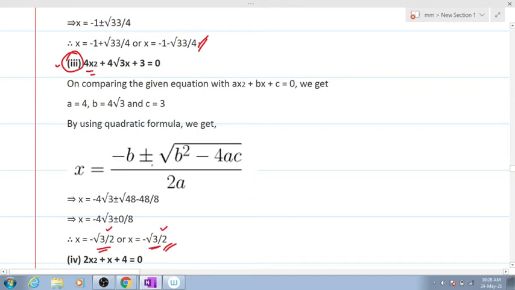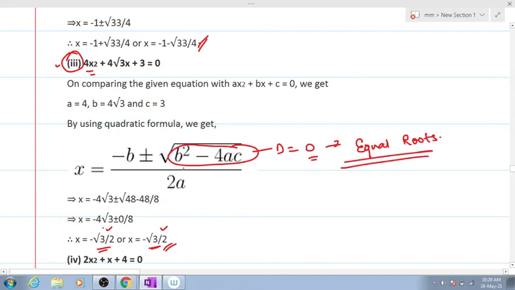And out here you can also see the discriminant portion, this portion. This is the discriminant. You will be getting 0, right? And for 0 I already told you that whenever you get discriminant 0, you will be getting equal roots. So you have seen all the 3 conditions over here, right? Do we see an equal root? Yes or no? Now people who are done with this, we'll move to the fourth number.